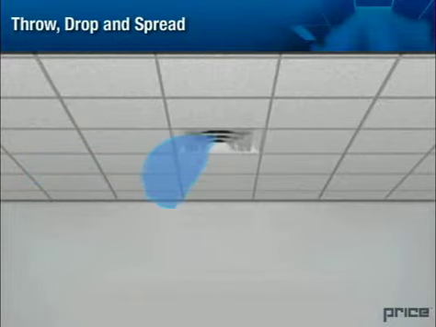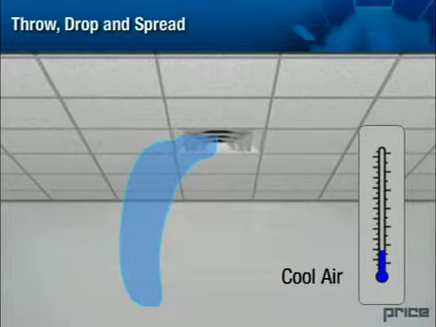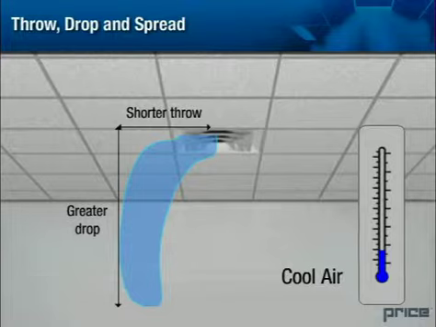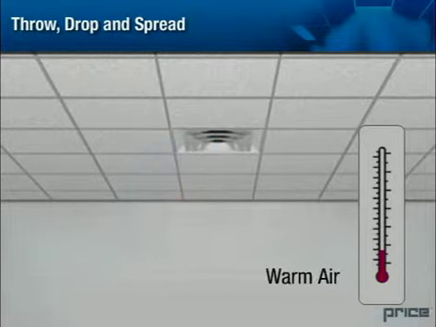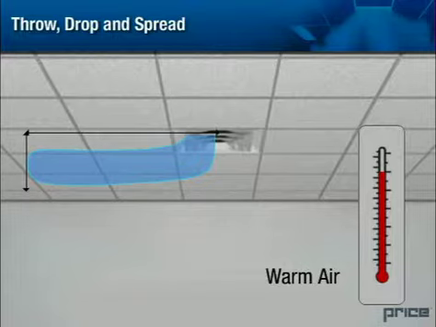The temperature of the supply air affects both the throw and drop. Cool air is more dense and tends to fall away from the ceiling, which results in shorter throw distances and greater drop. Warm air is less dense and tends to rise toward the ceiling, which results in longer throw distances